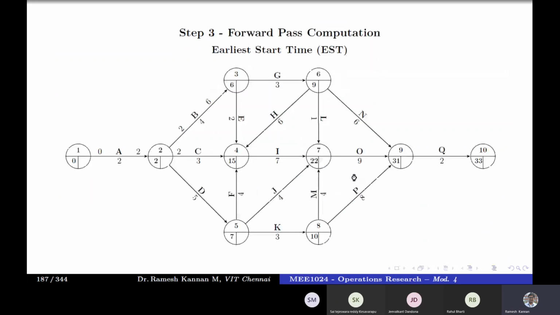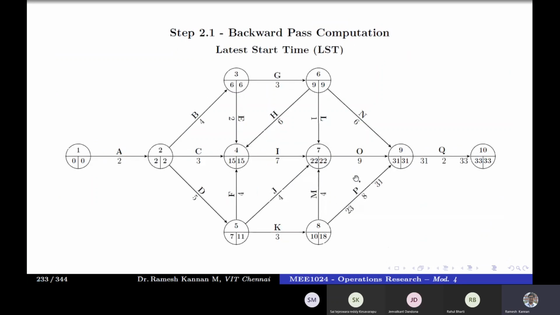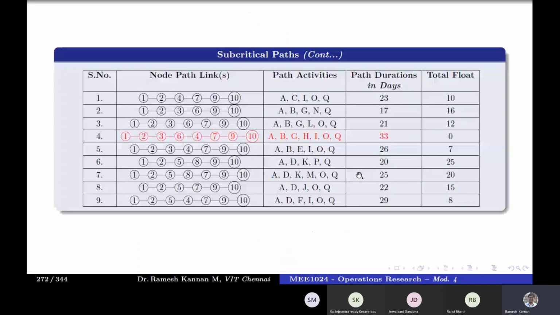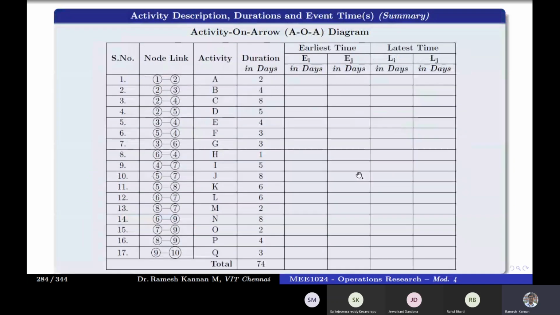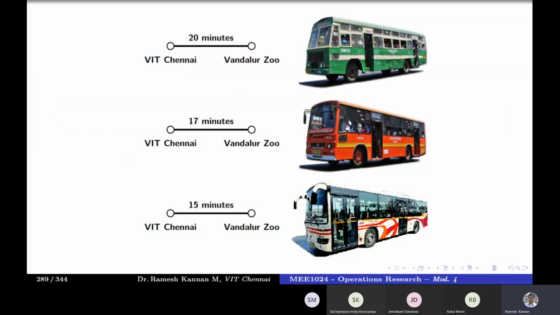But sometimes in real time, we might get a bus that is capable of traveling faster. So this is an example of PERT. This is a suburban bus. This is what they call a deluxe or executive bus, which you probably would have seen in central Chennai or the main line of Chennai, an AC bus. Have you traveled in this AC bus in Chennai? Yes, sir. Okay, the fare is pretty high compared to the others, but it generally goes really fast. It doesn't stop at all the stops, only at selected stops.